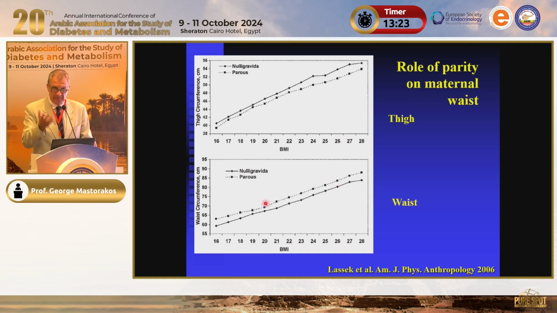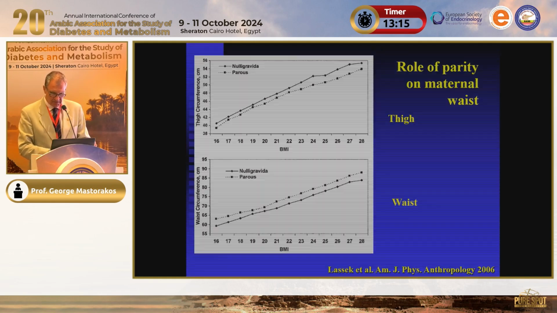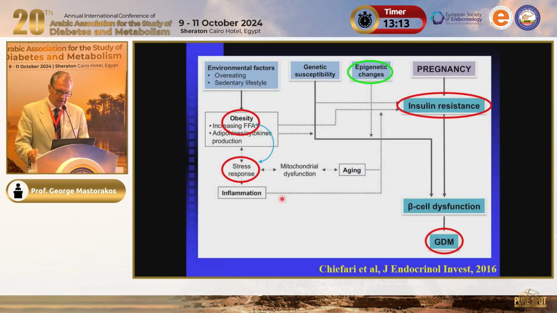So it represents the visceral fat, which is, let's say, the bad fat. Even women with BMI 21 or 22. This is a very interesting, to my view, point of physiology. And here,